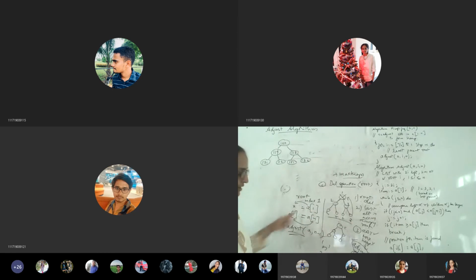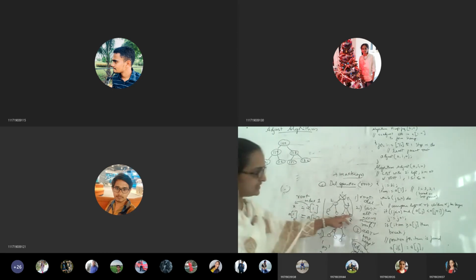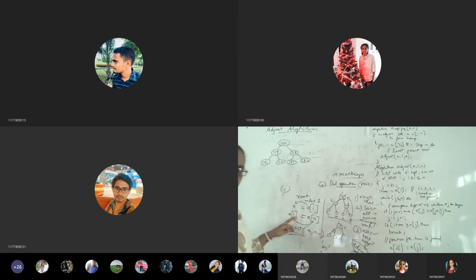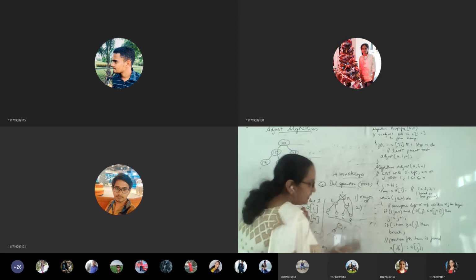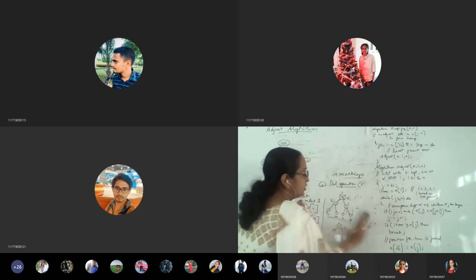At A of 1 we assign the last element to the root. After assigning, we get some tree, and this tree has to be adjusted in order to make it a max heap. For that we call the adjust algorithm with n minus 1 elements. This is the first application where we use the adjust algorithm.